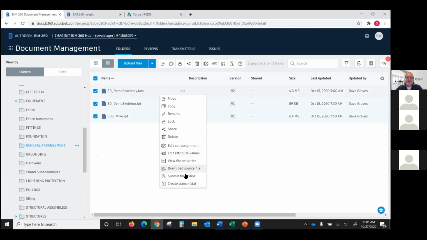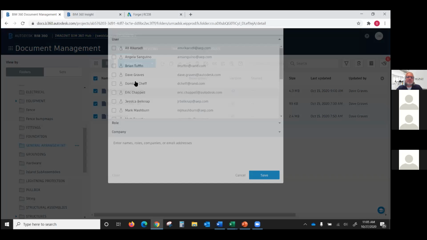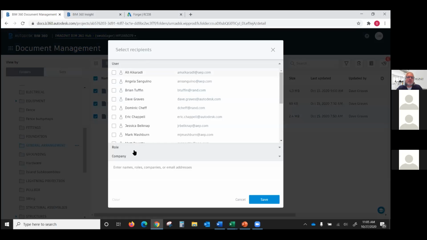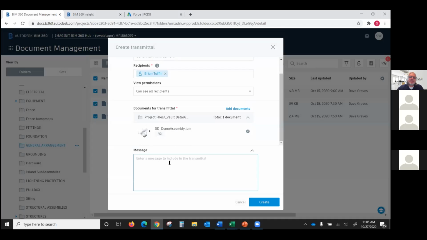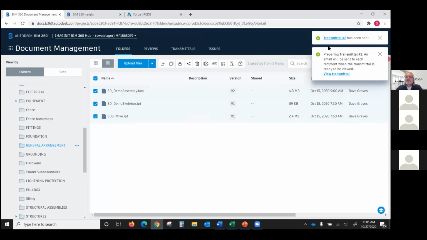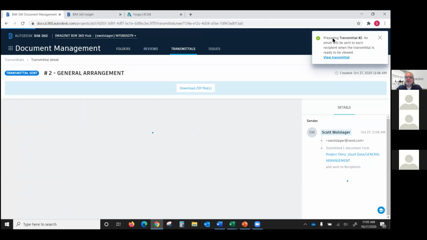I can select the documents that I want to include in that transmittal and just hit create transmittal. And then I type in the recipient names of who that needs to go to. So let's say Brian, save. They have view permissions to this document. That's the area that they have. Here are the documents for your view. And hit create. That notification transmittal then goes out to Brian in this case